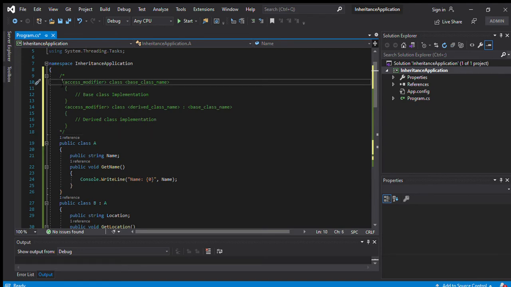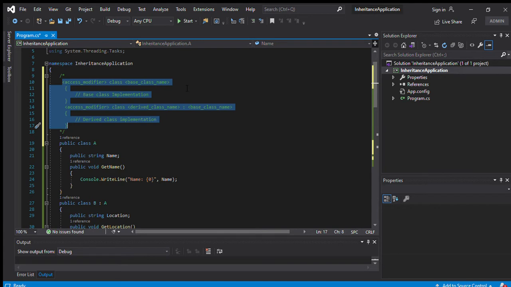First is the access modifier, then the class name, and then the base class name. Here is the base class implementation, which is nothing but the members, functions and methods.